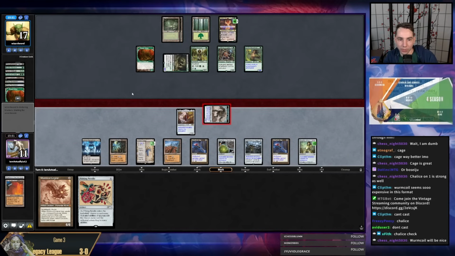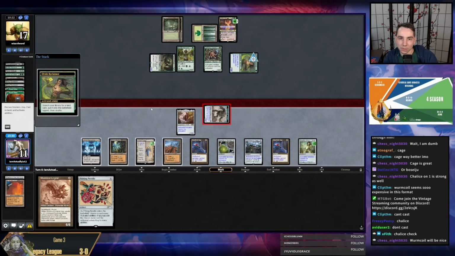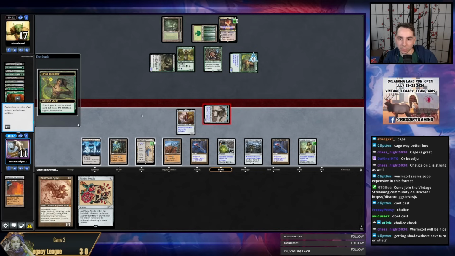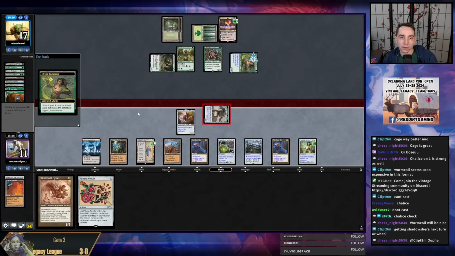I still think Wormcoil is worse. I mean, I have to leave up Wasteland, so I can't even play Wormcoil this turn anyways. But I still think Wormcoil is worse than making tokens. Like I have to bring back Wasteland every turn. Shadow Sphere is not very good with a Collector Ouphe in play. So